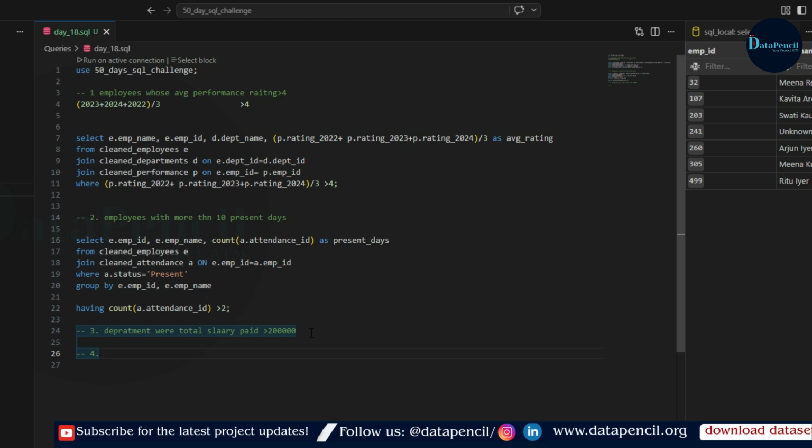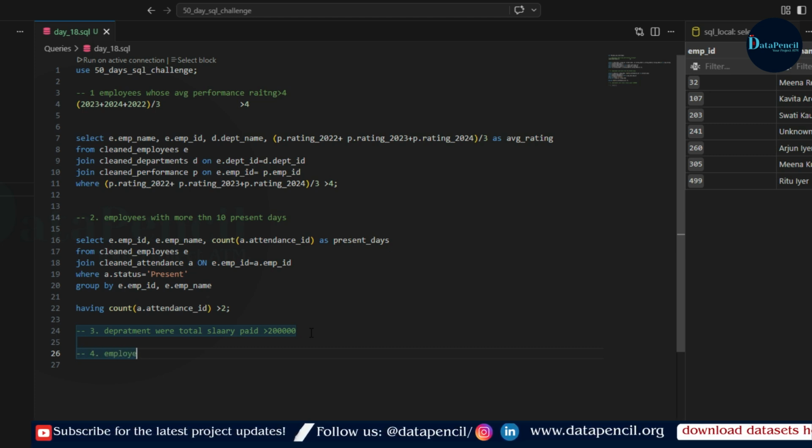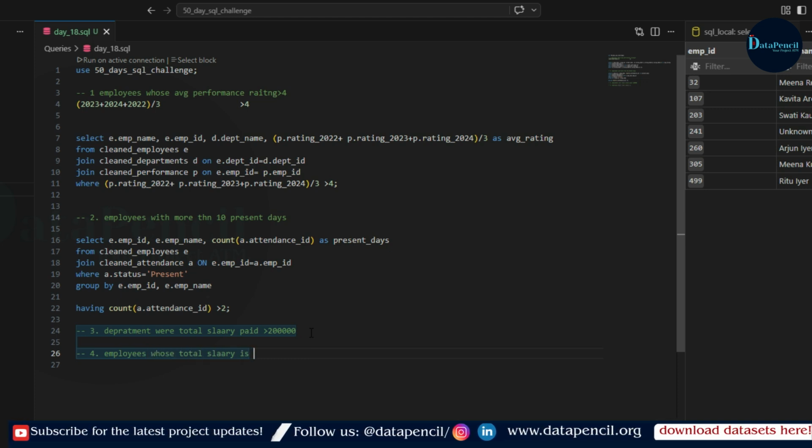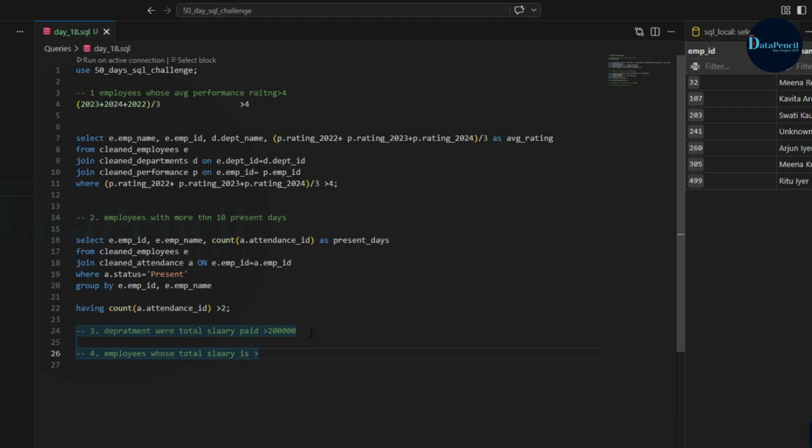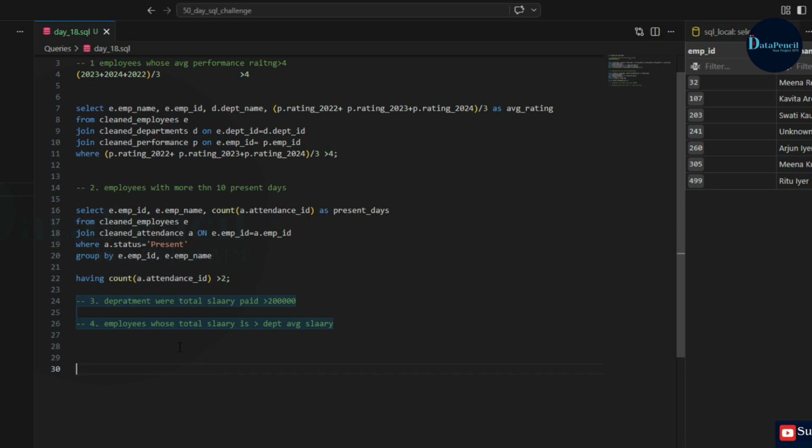Now come to our fourth query, and it is asking about the employees whose total salary is greater than the department's average salary. So here it is asking two things. First is to find the employee's total salary. Second, we have to find the department wise average salary.